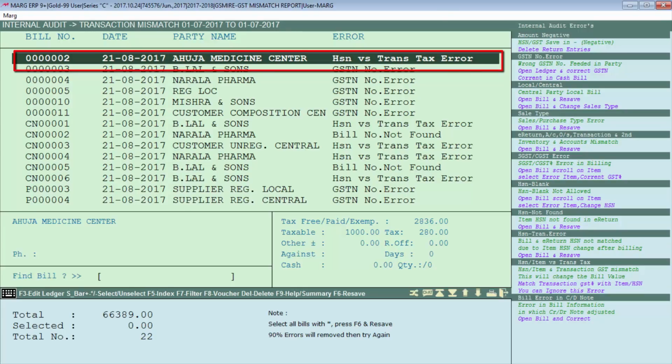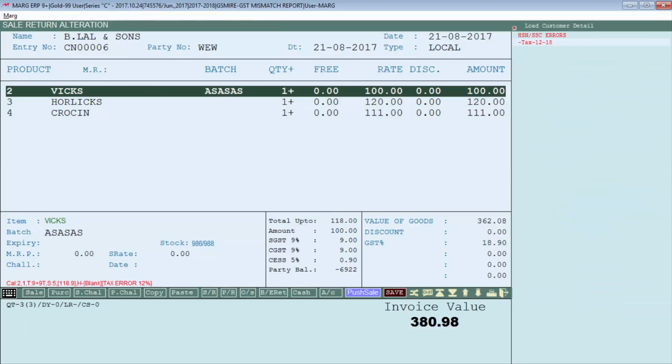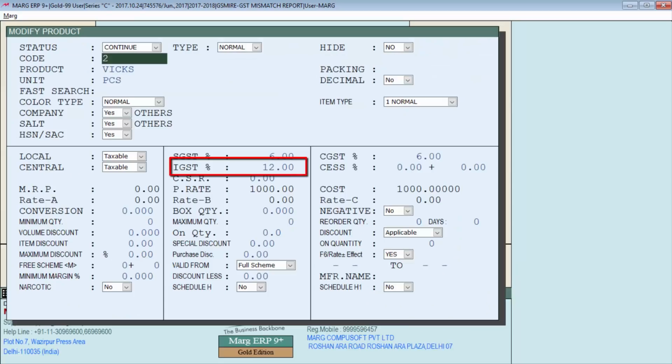Like suppose if we enter on this error bill, you can see that in this bill Wix item tax percentage is 9 plus 9, that is 18%, but if we go and see item master of Wix item, you can see here 12% GST is defined. Means in the same bill, the item's tax percentage is defined as 18%, but in its item master 12% tax is defined. So, if you want, then you can correct this manually, or you can also ignore it.